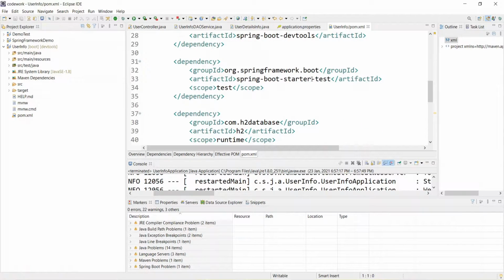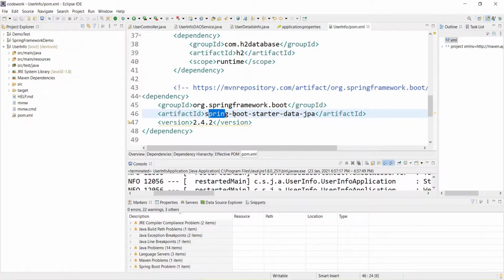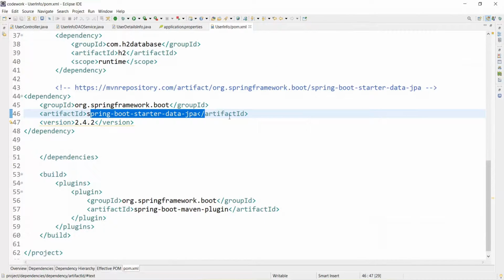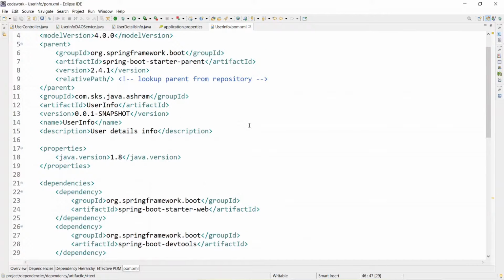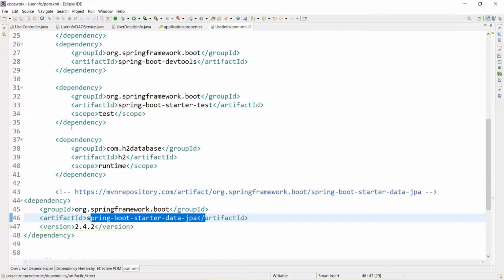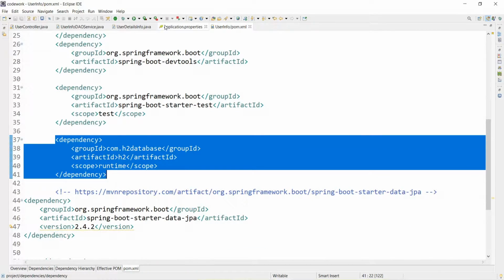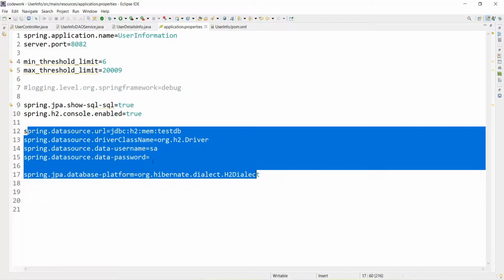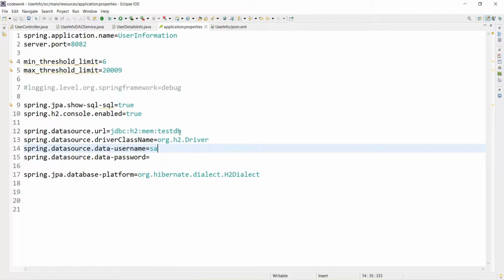You can see we have added the H2 dependency and Spring Boot starter JPA. Where is the H2 database? Yeah, this is the dependency. So that is fine, you don't need to use this. But if you use this, one benefit is that we are giving the database name like testdb, so this will be constant for all. So you don't need to copy from the console and paste into the H2 console. Let's execute this.